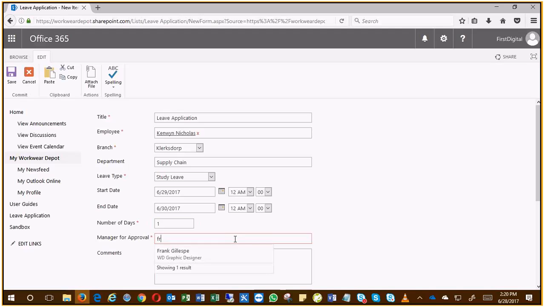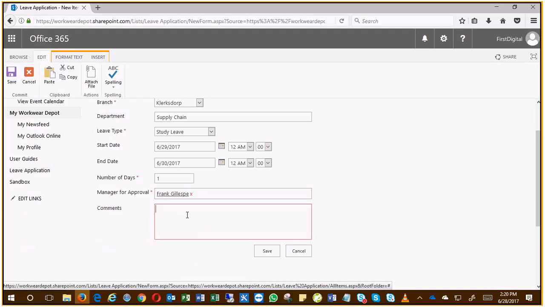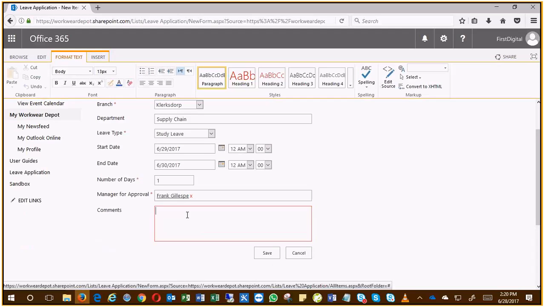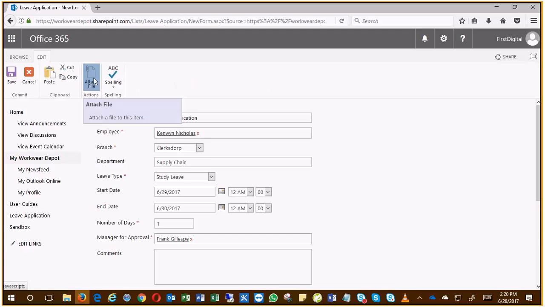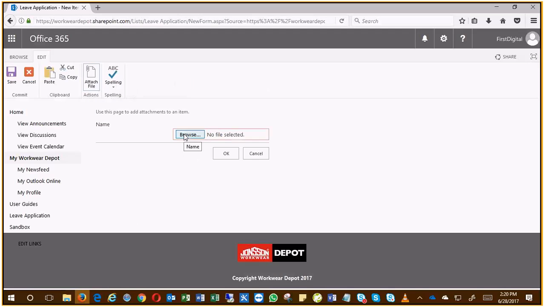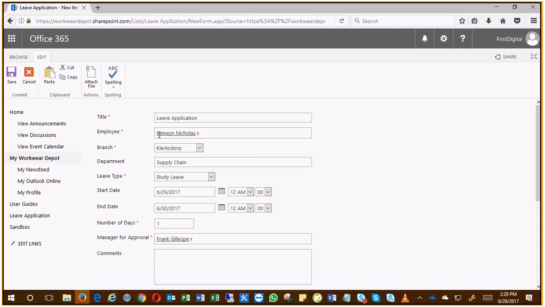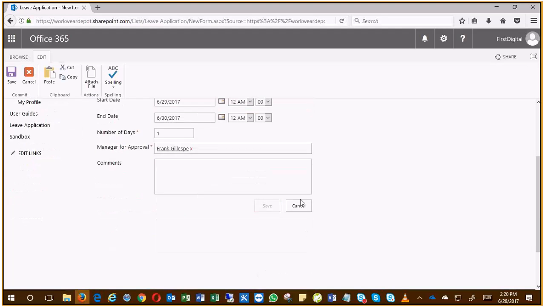I can directly over here define a manager that needs to approve this leave application. I can provide motivational comments directly here in the form. I also have the ability to attach items to the specific record, may it be, in this case, a sick leave letter. If this was a requisition, I could be attaching the original order or an invoice. If this was an event, I could attach the agenda, the map to the location, any tickets, directly by using SharePoint forms. And then once submitted,